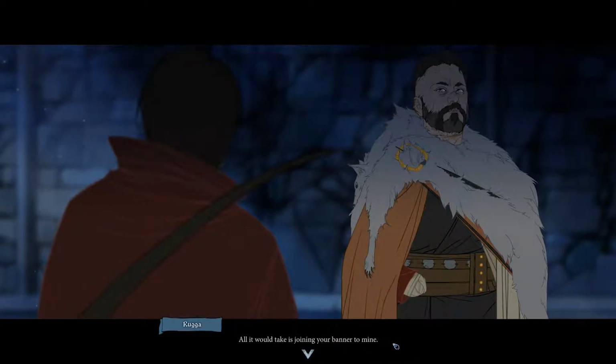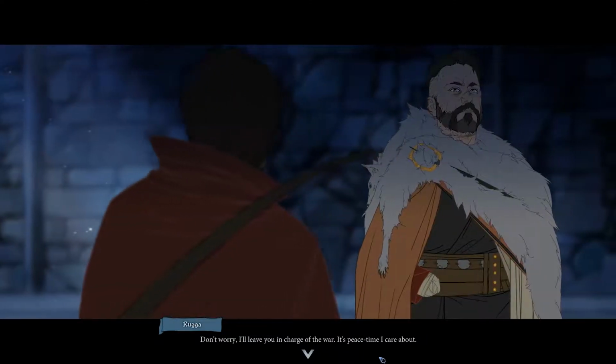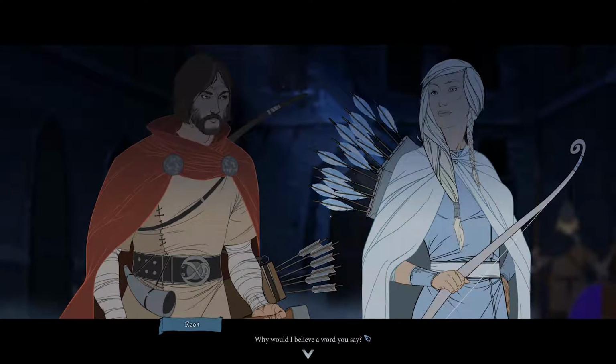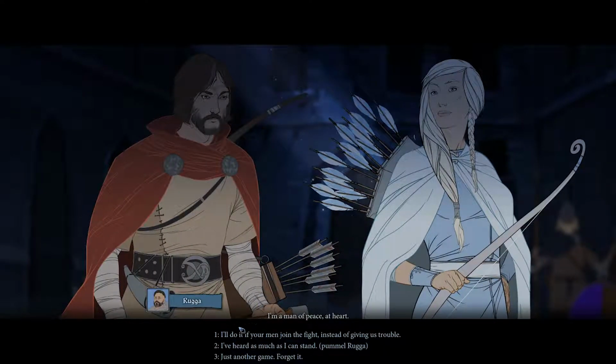They could be convinced. All it would take is joining your banner to mine. No. And make you the ruler of the end of the world. Don't worry. I'll leave you in charge of the war. It's peacetime I care about. I'll even remain locked up here for now, if that makes it easier for you to swallow. Why would I believe a word you say? You shouldn't. Let the banner speak for us. You will be under my protection, and nobody will dare touch you. I'm a man of peace at heart. No, you're not, you...